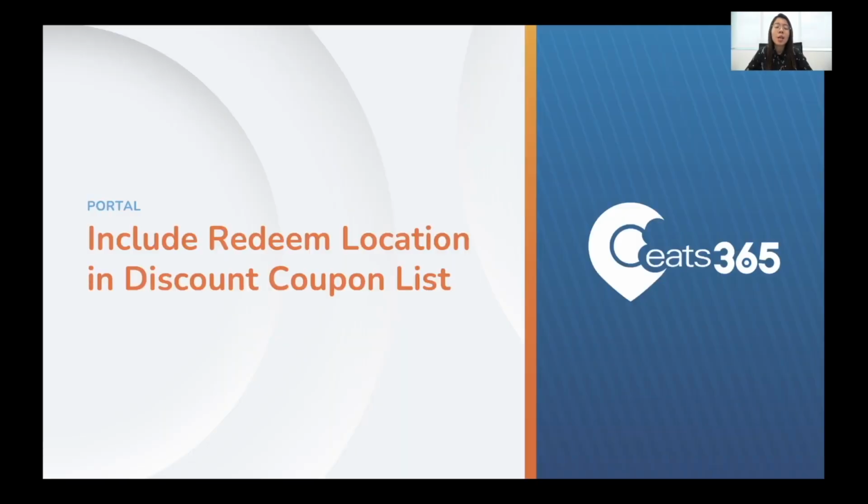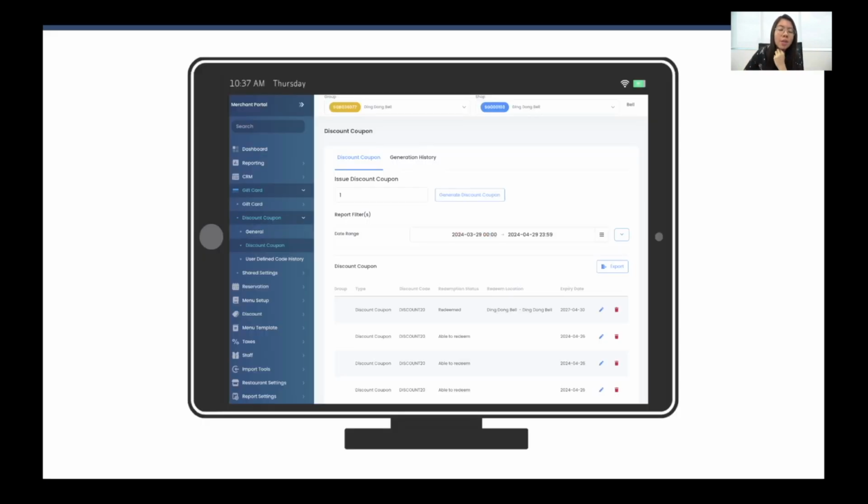Last but not least, we have made an important addition to the merchant portal by including the redeem location in the discount voucher list. This enhancement is useful for businesses with multiple locations where customers can utilize the discount vouchers within different shops. Now, when you navigate to the discount voucher list that you have created, you will notice that we added a new column called Redeem Location. This column will tell you which shop your customer have used the vouchers